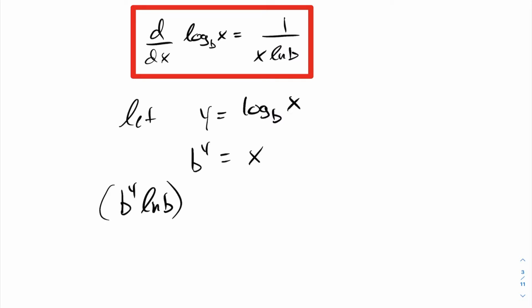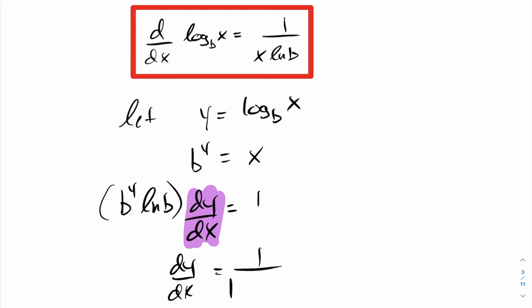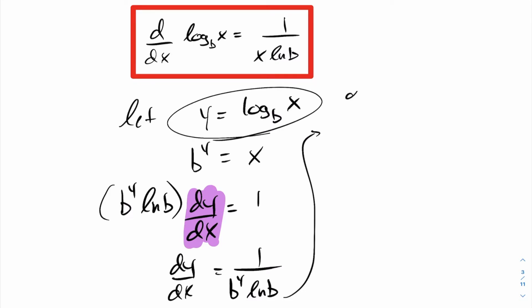But now we did not take the derivative with respect to x, we took it with respect to y, so we have to tack on a dy/dx using the chain rule. And that technique there is your implicit differentiation. And now the derivative of x with respect to x is just 1. Solving for dy/dx here, we get dy/dx is equal to 1 over b to the y ln of b. Since y is defined to be log base b of x, we have dy/dx is going to equal 1 over